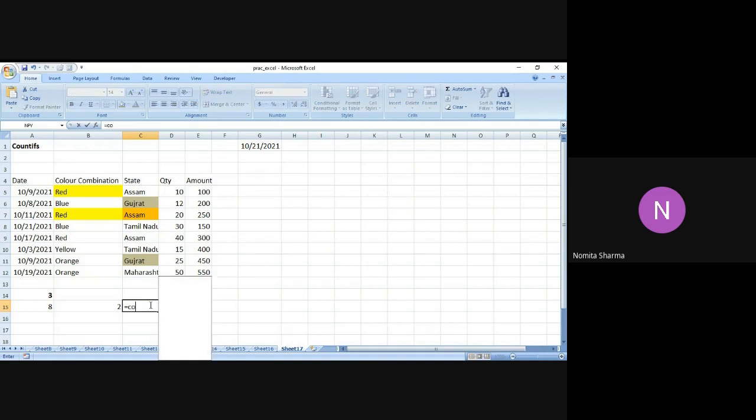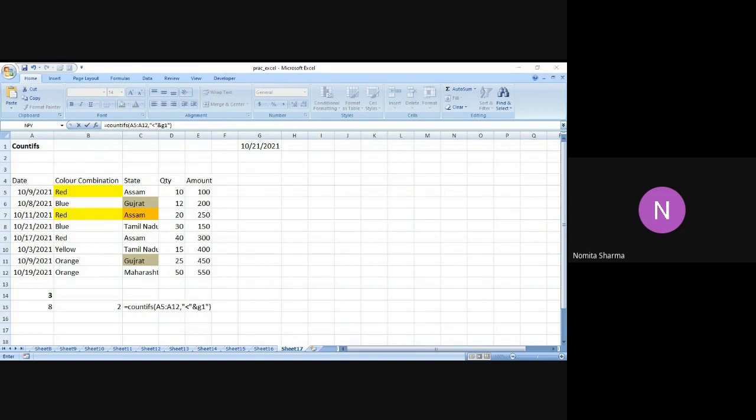I will say COUNTIFS, bracket, the dates, comma, quote, more than, no, let me put less than, ampersand sign, and G1, and then I'm going to press enter. And here I'm going to find the count of the dates that are less than the date mentioned in the G1 cell. I also have to use the ampersand sign.